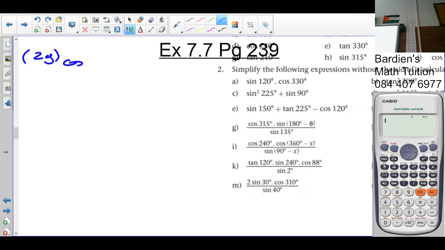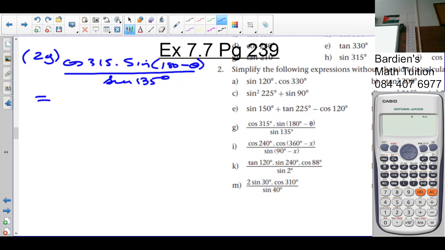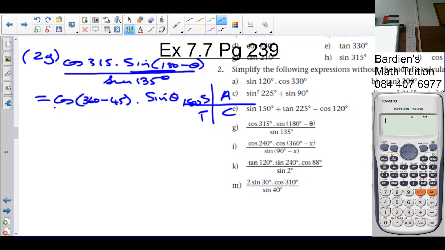So cos 315 times sine of 180 minus theta over sine 135. The 315 is in which quadrant? Fourth quadrant. Cos is positive there. So it's cos of 360 minus 45, now that I can use the all stations to clear one diagram. 180 minus theta is the second quadrant. Is sine positive or negative? Positive. But no change, so it's going to be positive sine theta over